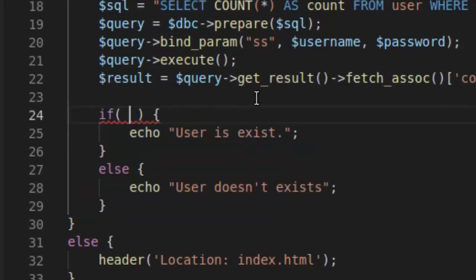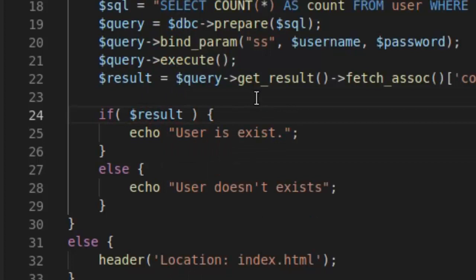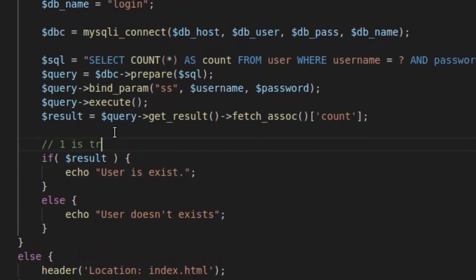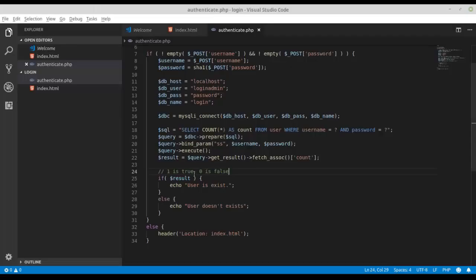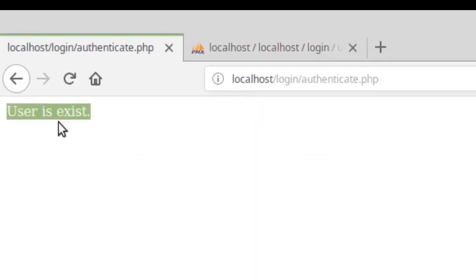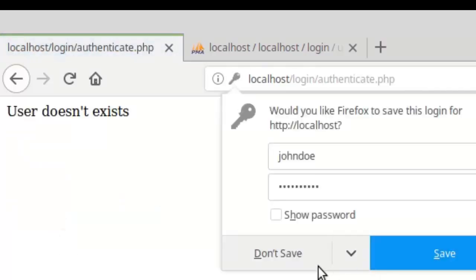Uncomment the if else statement, and if $result is 1, you can say the 1 as true. I can make a comment: 1 is true and 0 is false. So if we reload and echo "user exists", resend, user exists, and press back, make some error, login,